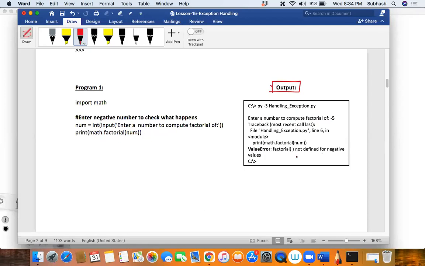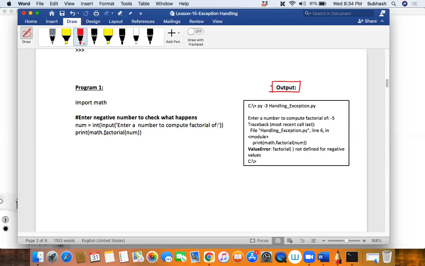No, it is not defined for negative values. It gives me a message saying that factorial is not defined for negative values or something like that. Okay, so did I handle this exception over here, my dear friends? Did I handle the exception? But did the exception occur, by the way? Is there an exception over here? Did the exception occur? Correct.